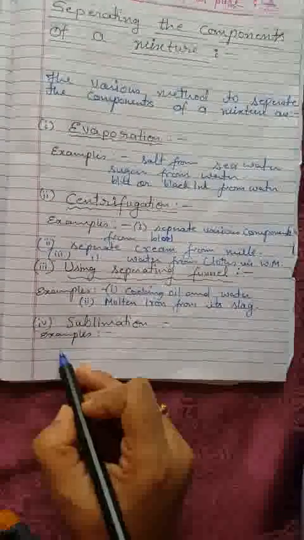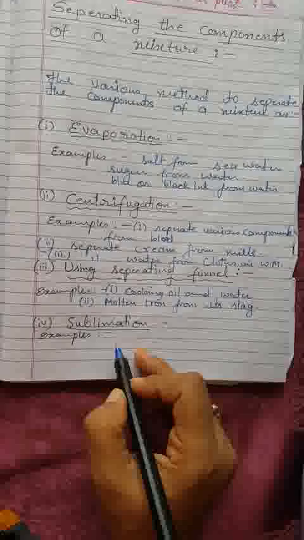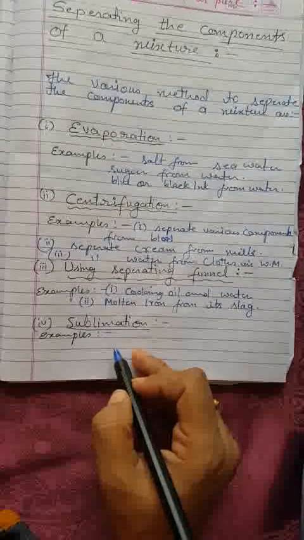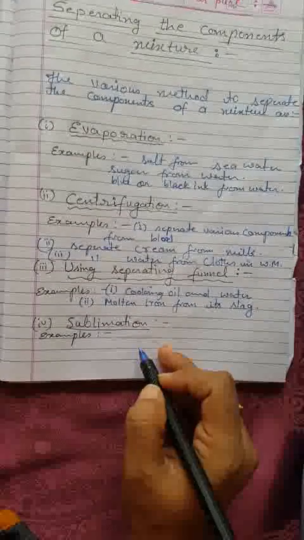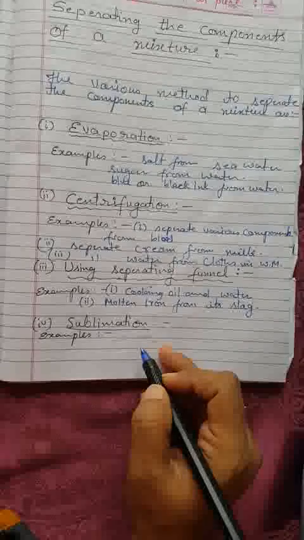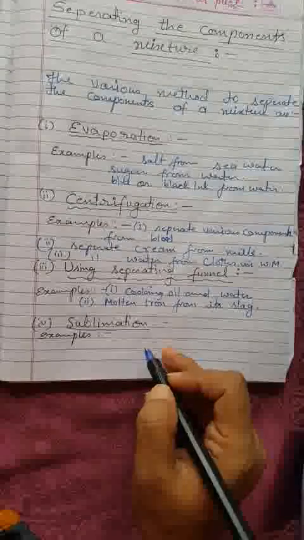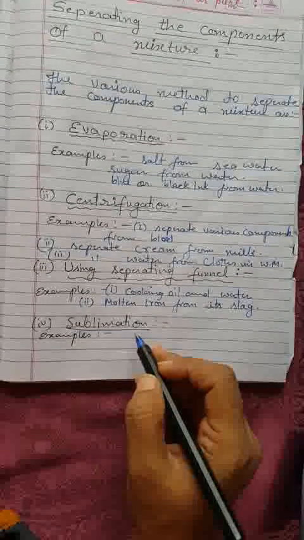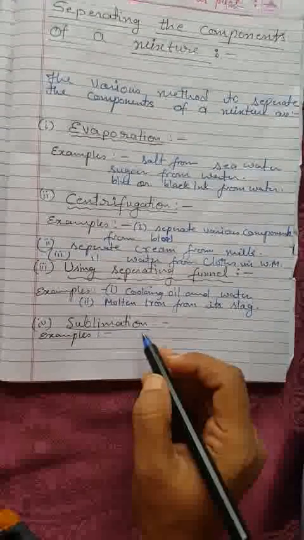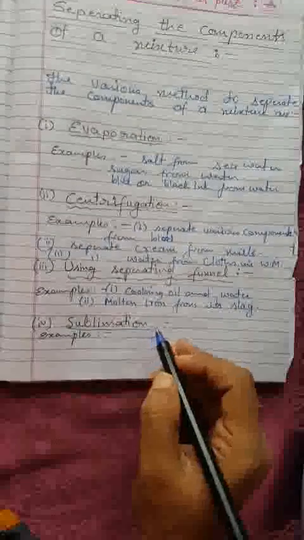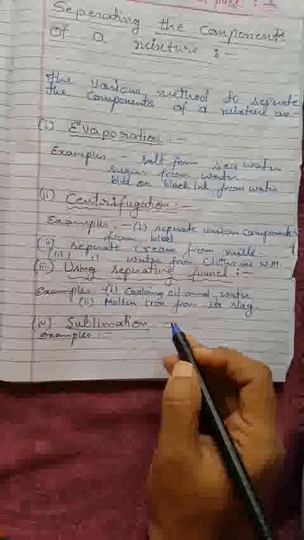Now the next method I'm going to explain is sublimation. You must be knowing the process of sublimation. What actually occurs here, I explain this. This sublimation method is used to separate the solids from their mixtures, which directly pass to the vapor state on heating without passing through the liquid state. Sublimation is the process in which solid converts into gaseous state without converting into liquid. So in this method, one component should sublimate, which converts from solid to gaseous state.